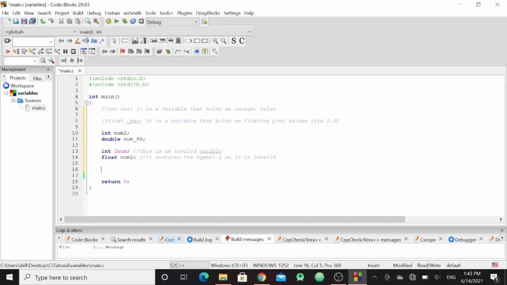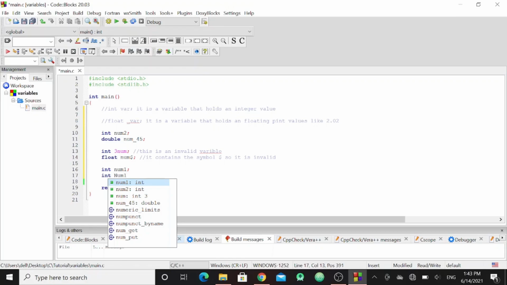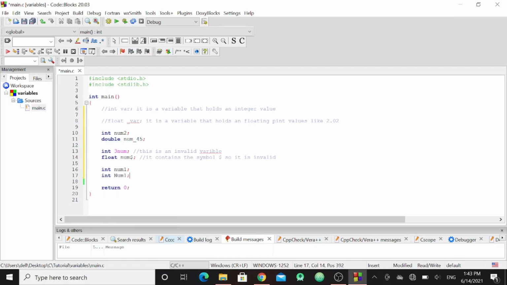And one more important point about variables is that one variable might be int num1, and another variable might be int Num1. So these are two different variables. In C, variable names are case sensitive, that is, lowercase n and uppercase N are different.